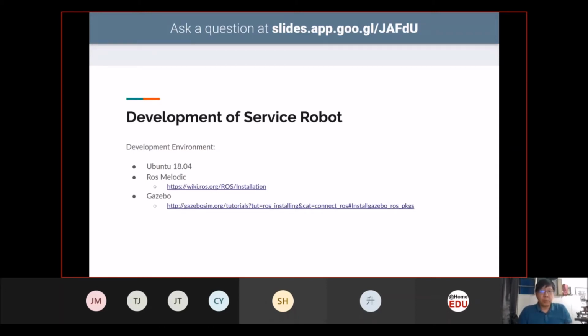I'll be sharing the code that I will be demoing to you in this session later on. At the last slide, you will be able to see the link to the code. To run the code itself, you need to install Gazebo according to what is stated in this link. So let's move towards the first part of my sharing, which is what we should pay attention to when we are creating our own robot.